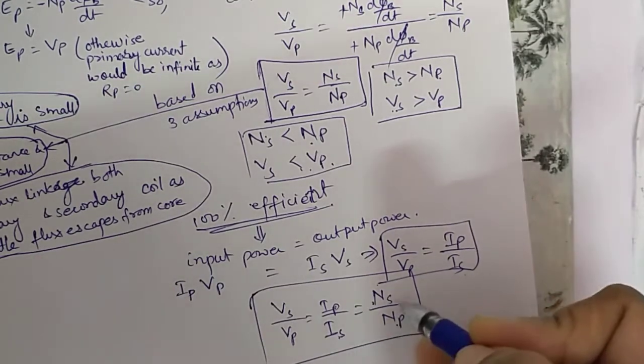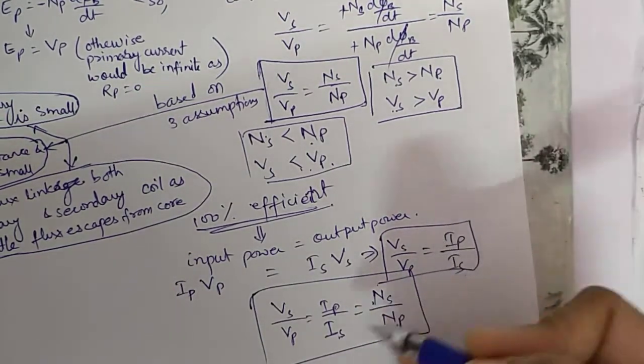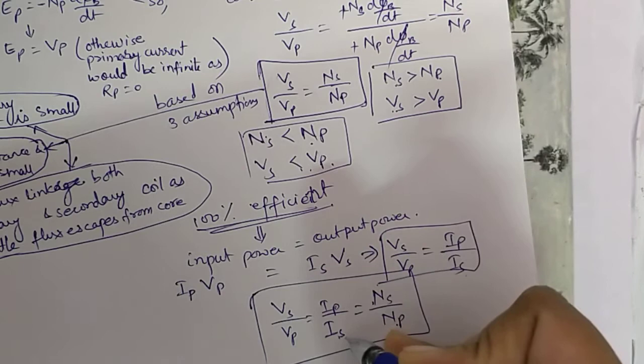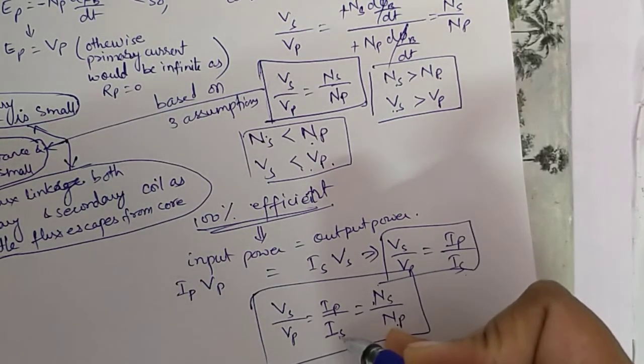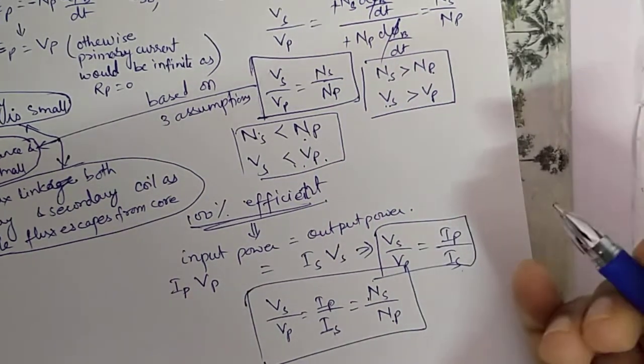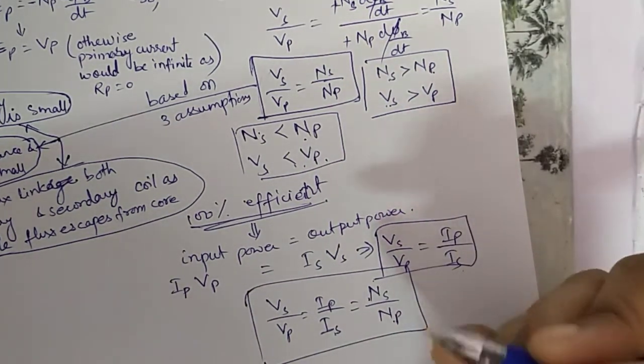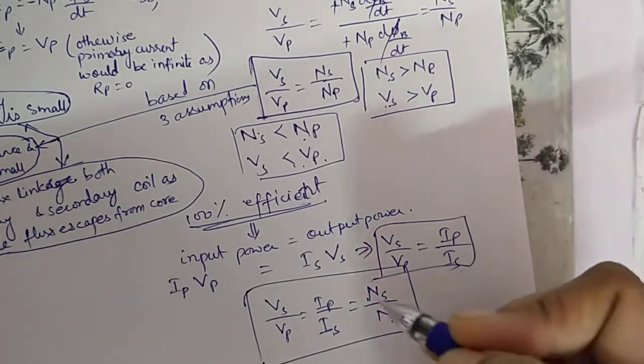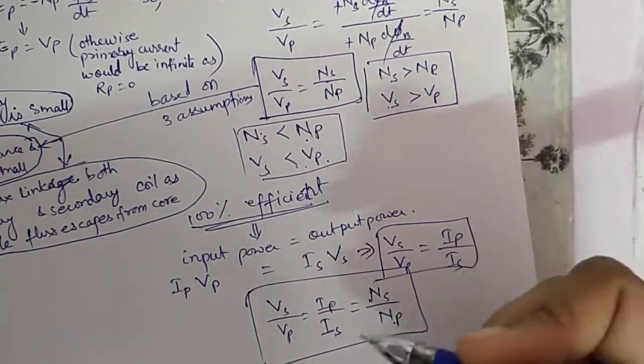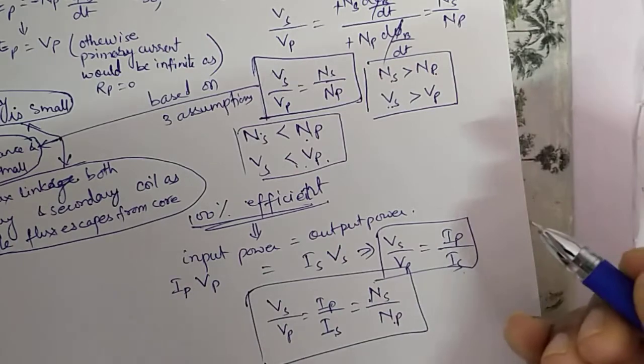What will it do? It will increase the voltage but decrease the current. At the same time it will decrease current. And because current is less, the heating effect in the long run transmission will be less. And at the last end there is a step down transformer, so it will reduce the voltage and increase the current, and then that voltage can be sent to the households for household uses.